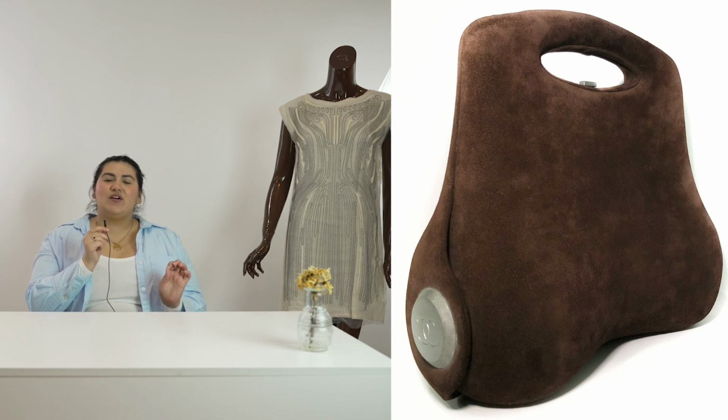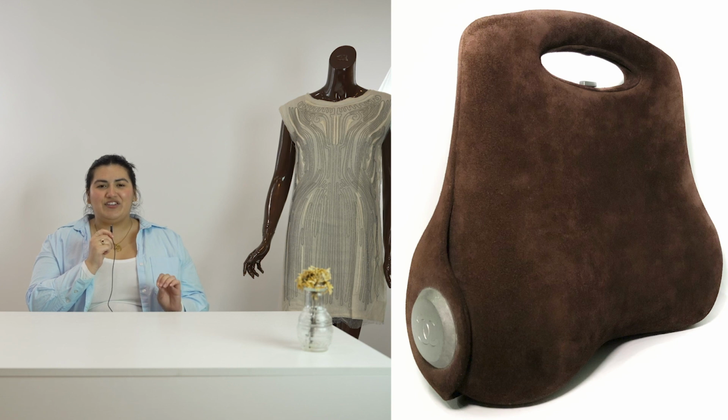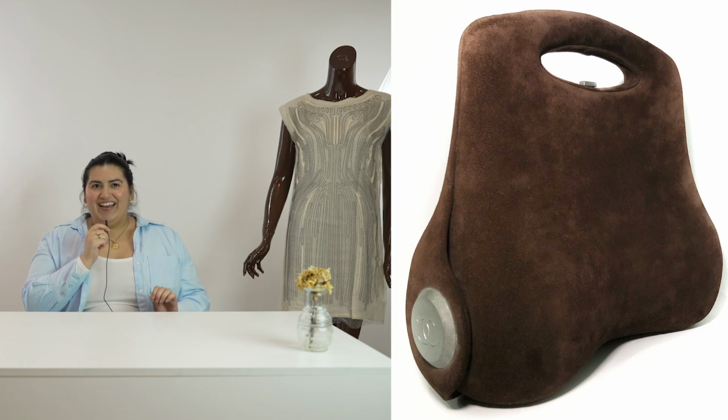And I think that the only bag that would be acceptable for a Friday occasion is the infamous 2005 Karl Lagerfeld Chanel butt bag. The Chanel butt bag is one of